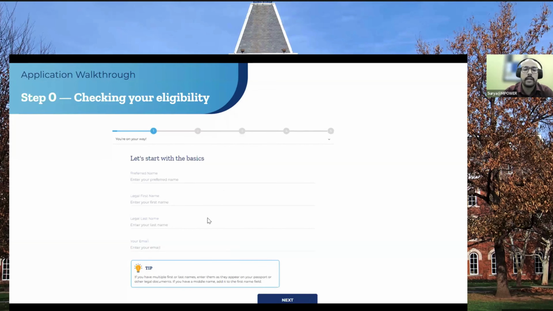A couple of important things here: a lot of times students submit their application using the university email address which they have. Now, the problem with that email address is that it will be valid only while you are with the university. Once you have completed your graduation or depart from the university, that email address becomes null and void.